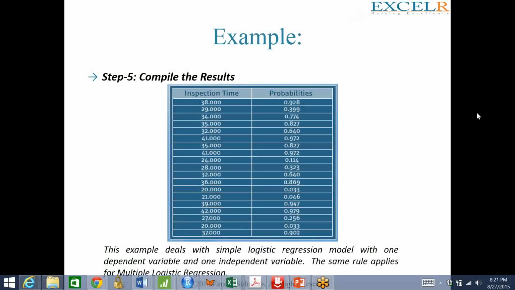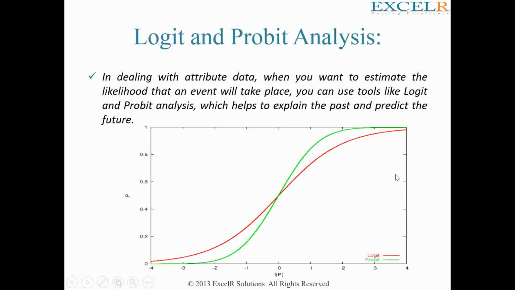So let us expand our discussion to something called the logit model. Right. So in dealing with attribute data, when you want to estimate the likelihood that an event will take place, we can use tools such as Logit and Probit analysis, which help to explain the past and predict the future. Here, the thin line of difference between Logit and Probit analysis is that your Probit analysis is used